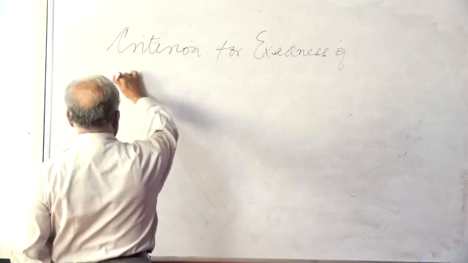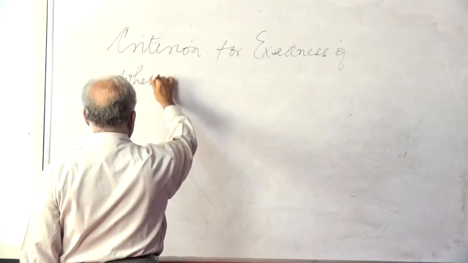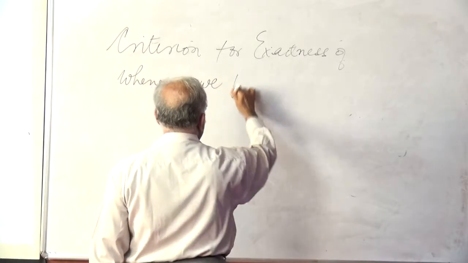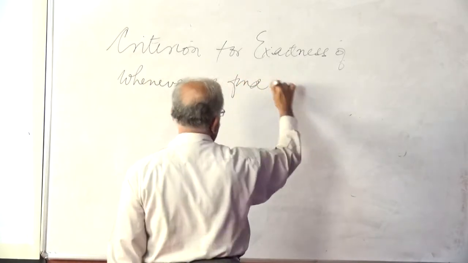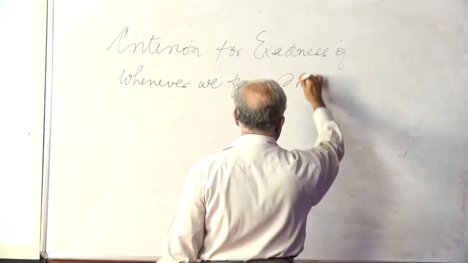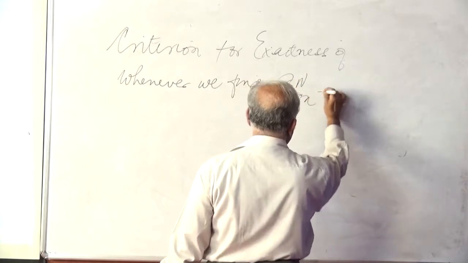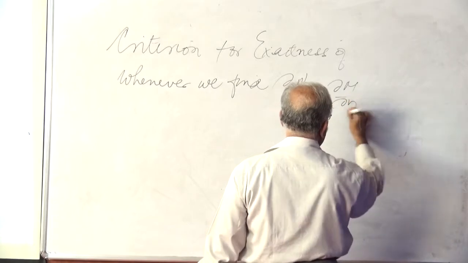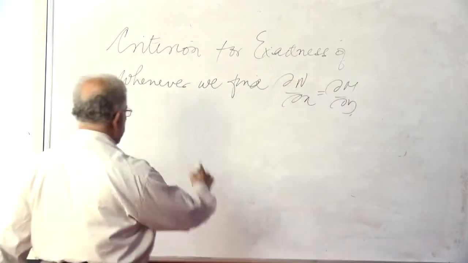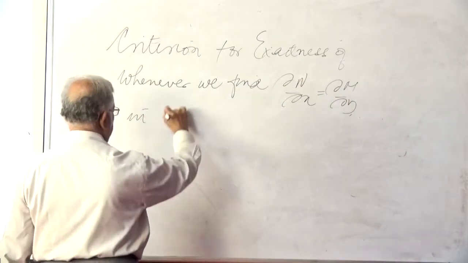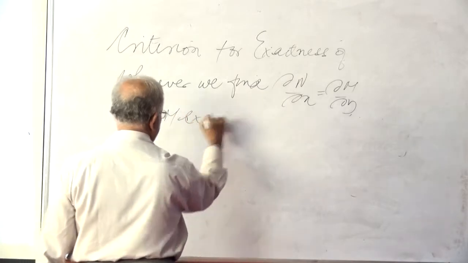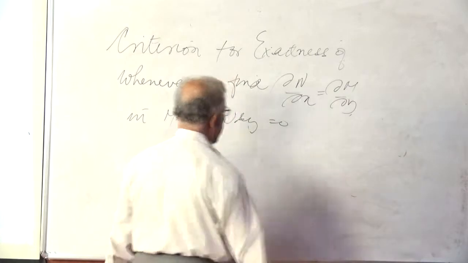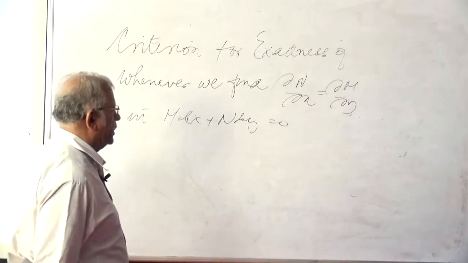So, whenever we find del N del x is del M del y in M dx plus N dy is equal to 0, the process of integration is as follows: